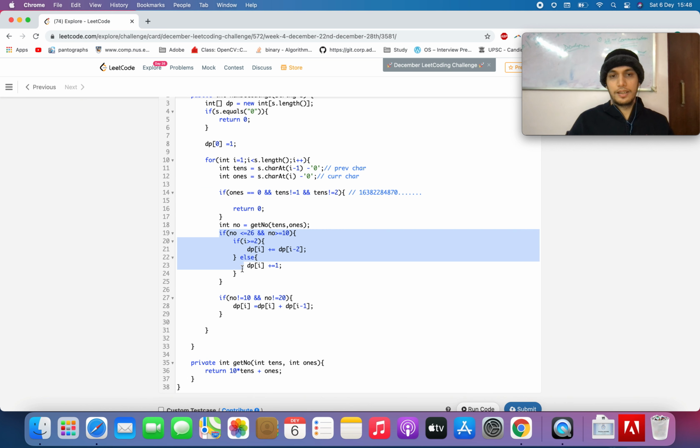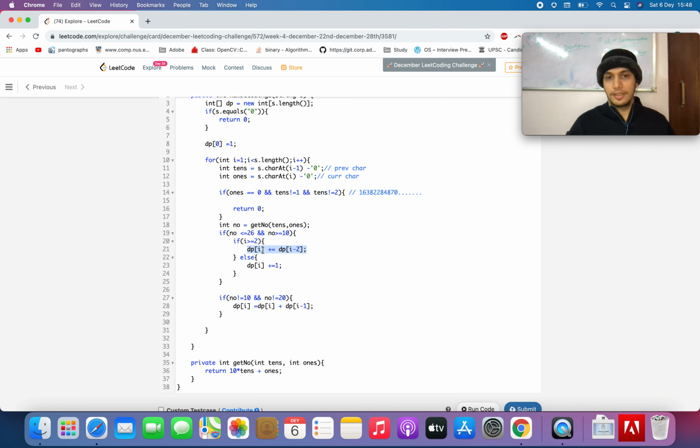Here we have generated the number, and if the number is within the boundaries of the English alphabet, since only for those cases, when the number is greater than 10 or less than 26, can we group the last two characters.